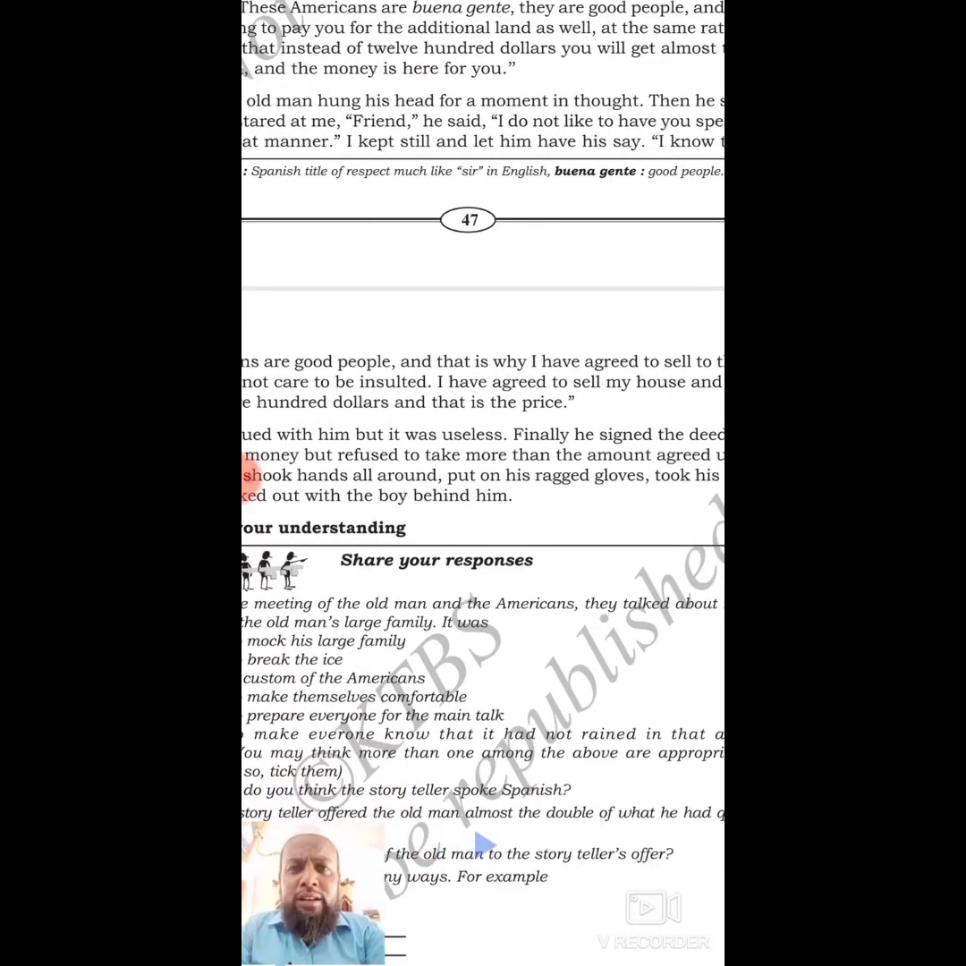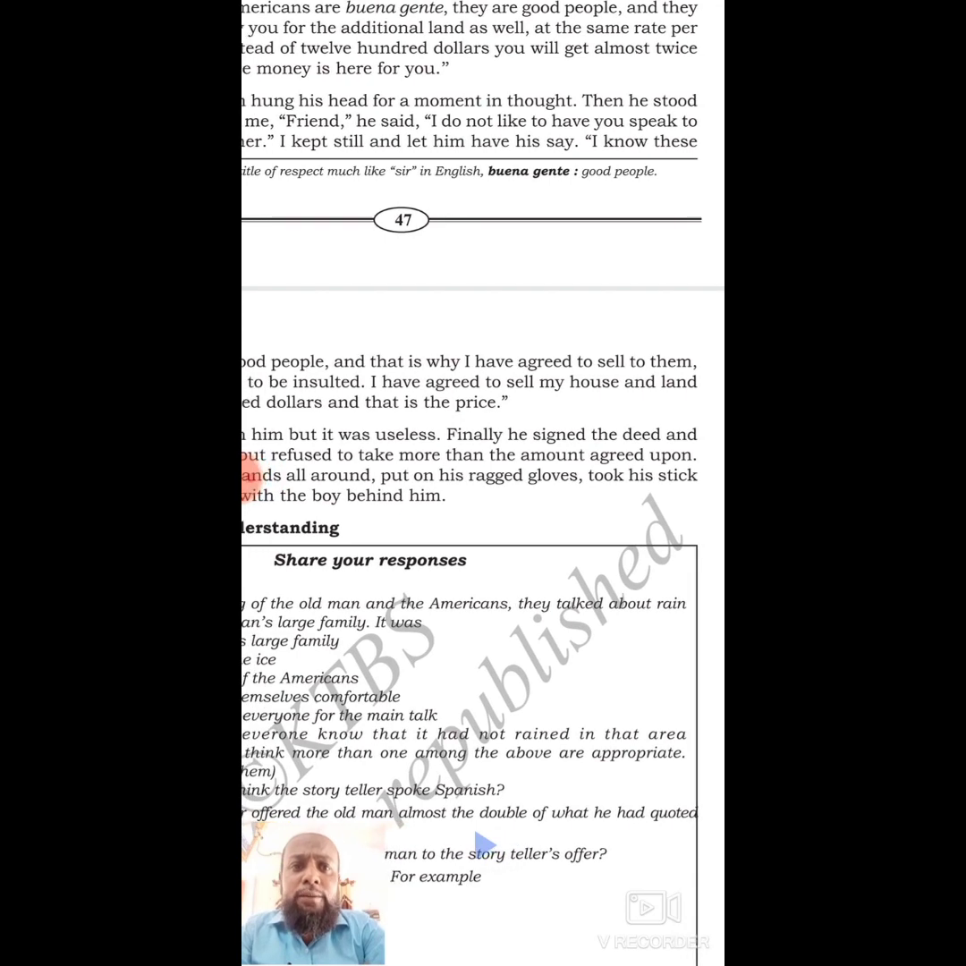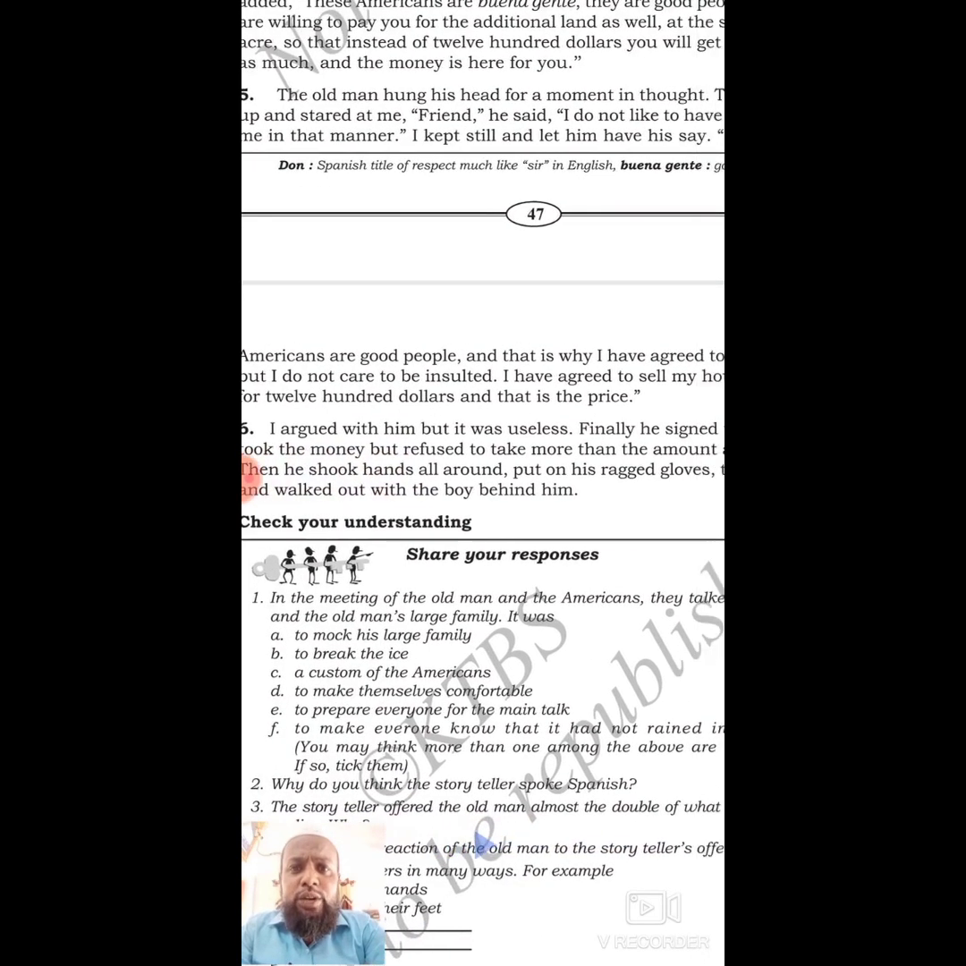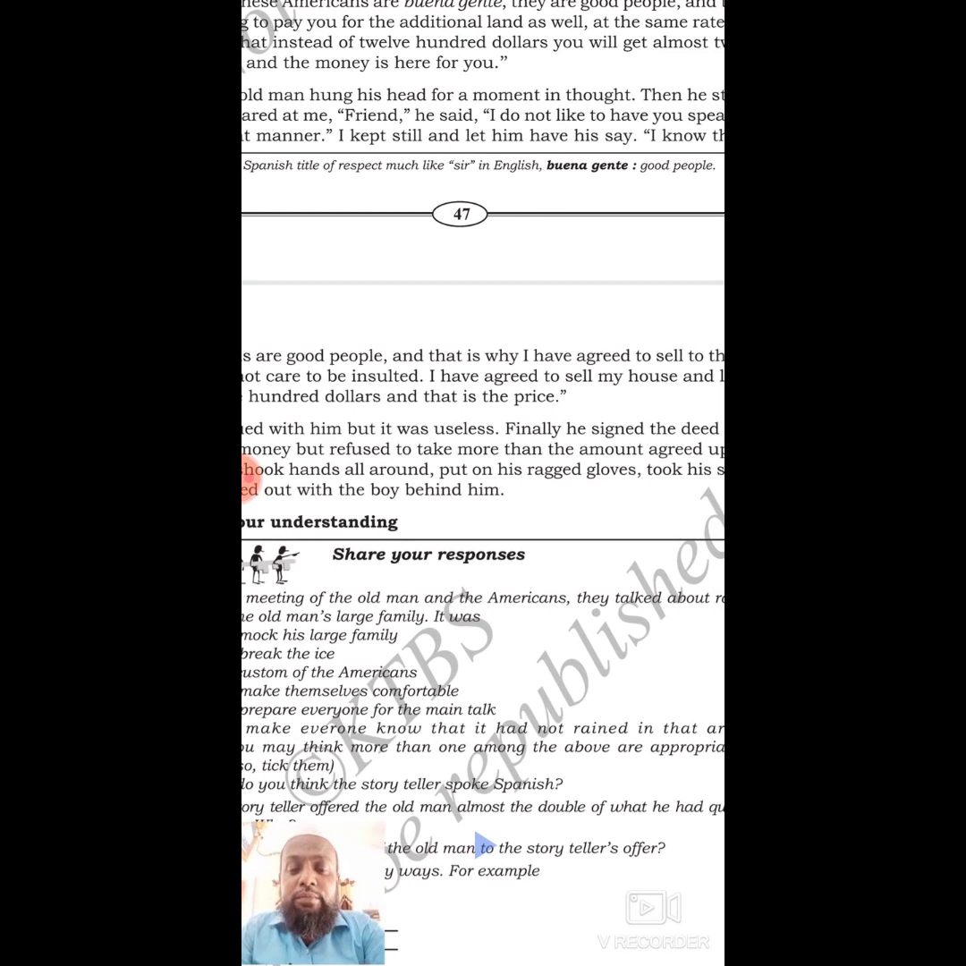The old man hung his head for a moment in thought. He stood up and got shocked. Then he stared at him and watched him continuously. What are they asking? They had agreed to the purchase of 8 acres for $1,200, but now they are asking me for more land and trying to give me more money. He said, friends,